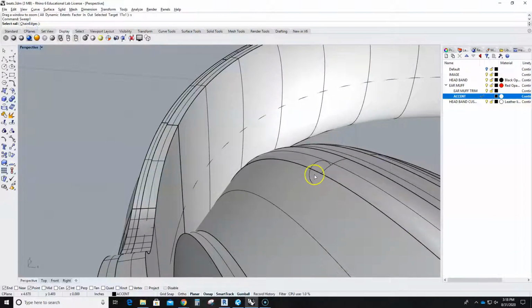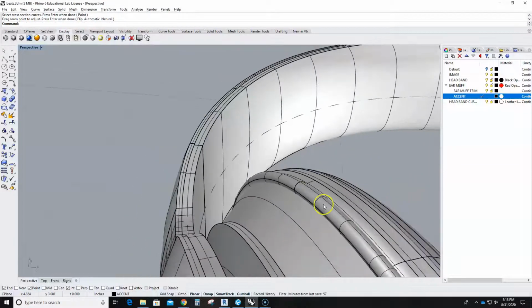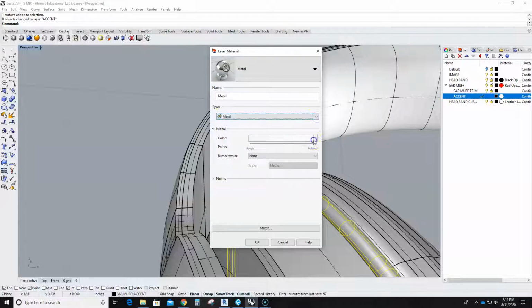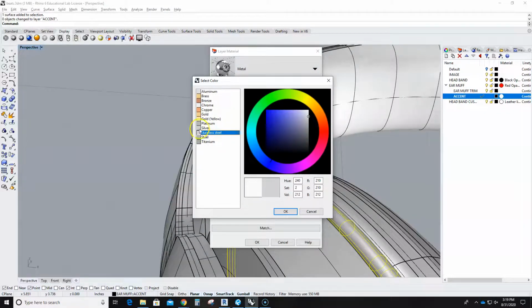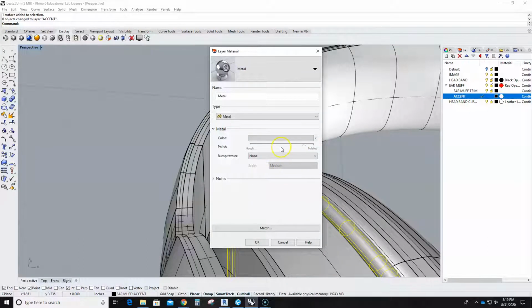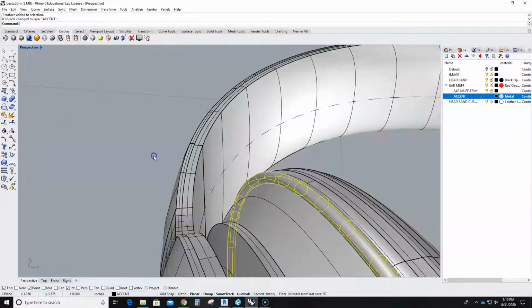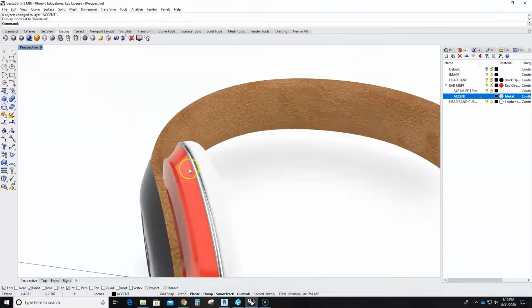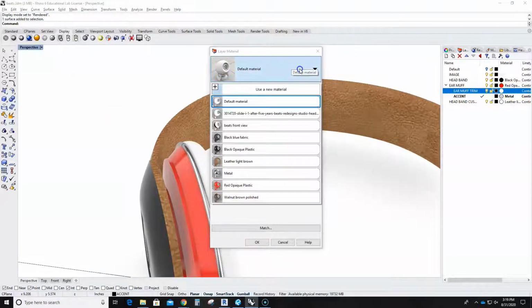One. That piece here, which I'm going to put into my accent, and that accent's going to be a chrome. Metal. It'll be super highly polished. I'm good with that. So let me just take a real quick render. So there you go. You got that, and then this cushion here, earmuff trim, I want that to be maybe